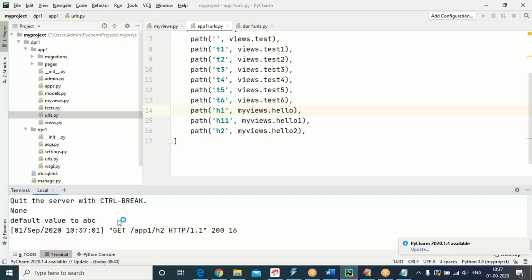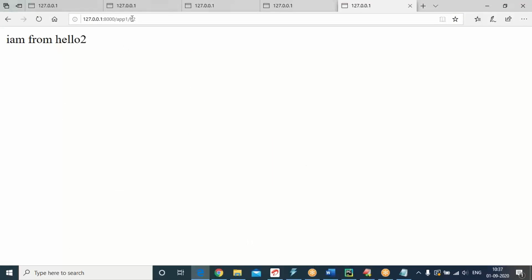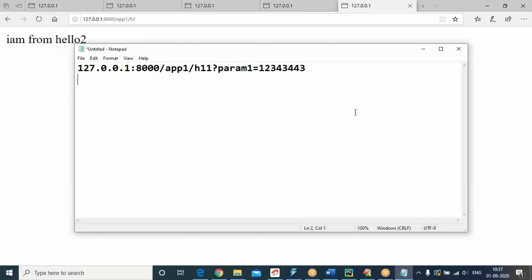Now let me supply values to both. Let me compose the same URL in the notepad. App1, H2. H2 is the service URL. Supply a param1 value, any value, not only an integer. You can supply param1 as test1, ampersand. ABC is another parameter.